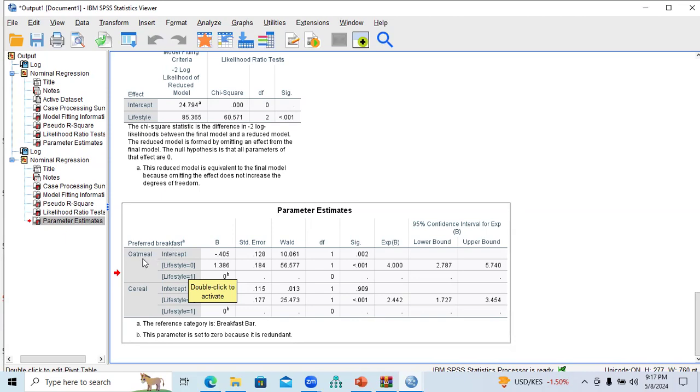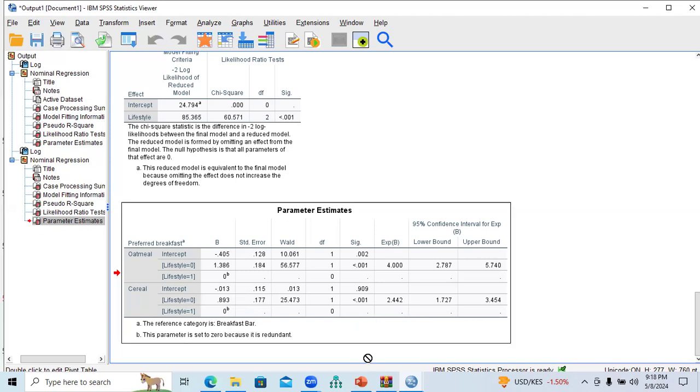Oatmeal, they prefer oatmeal as their breakfast preference as compared to the preferred breakfast bar. So those who are inactive in their lifestyles are significantly considering cereal as their preferred breakfast as compared to breakfast